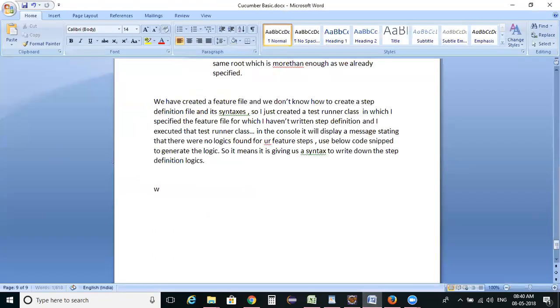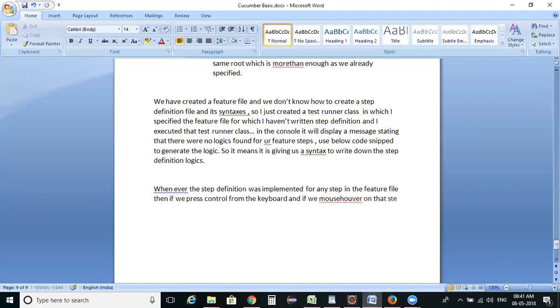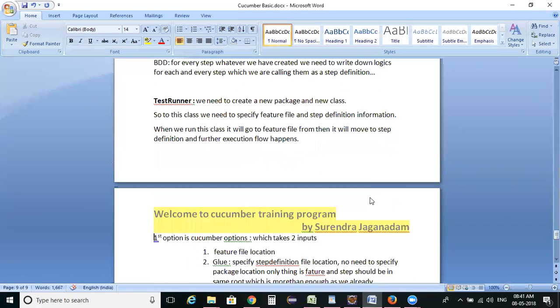Whenever the step definition is implemented for any step in the feature file, if we press control and mouse over on that step, it will display as a link, and when we click on that link, it will navigate to that particular step definition. That's it. This is a simple point.